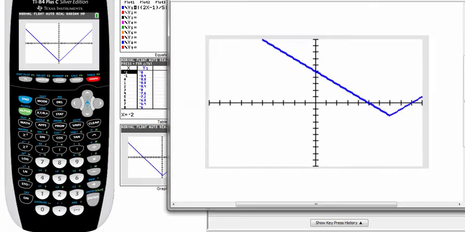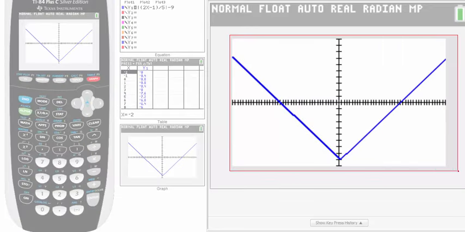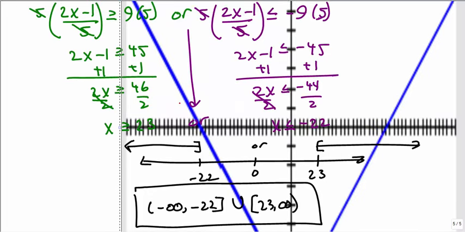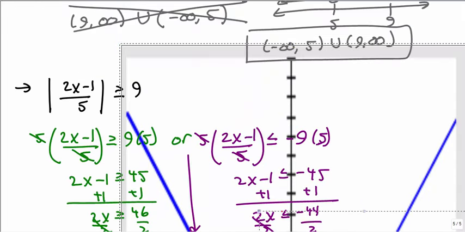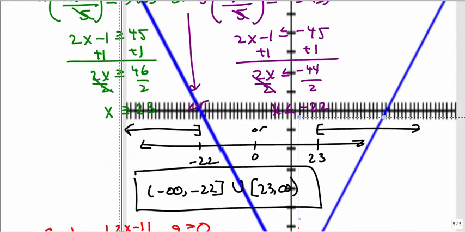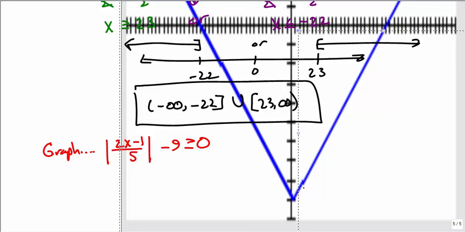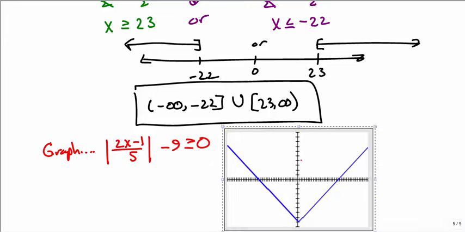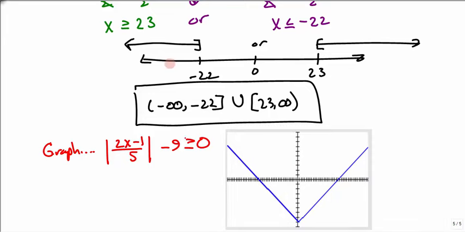So you could count the tick marks, or you could go to the table to find these values to help you solve. But we're looking to see where this is greater than or equal to 0. So we're looking at the part of the graph that is going to be greater than or equal to 0. That's above the x-axis. Again, this is above the x-axis. We're above the x-axis from whatever this point is to infinity, and from whatever this point is to